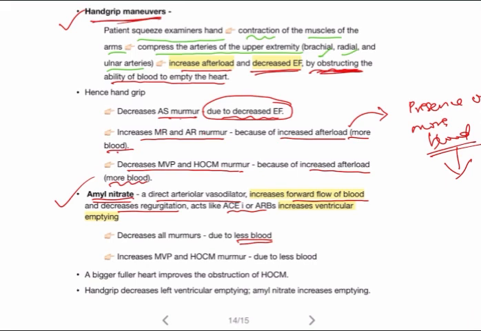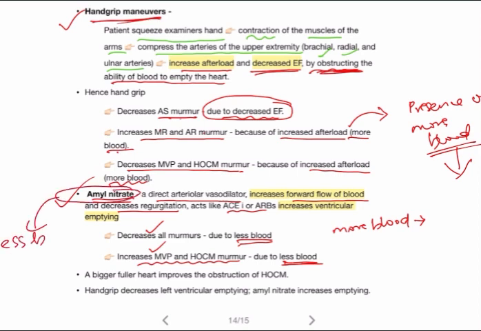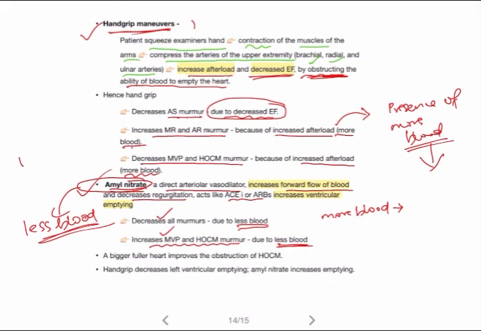So it decreases all murmurs except MVP and HOCM, which will be increased because of more blood. Less blood means it will decrease all murmurs, but except MVP and HOCM, it will increase. So this is due to less blood. So here amyl nitrate causes less blood in the heart chambers, and hand grip causes more blood